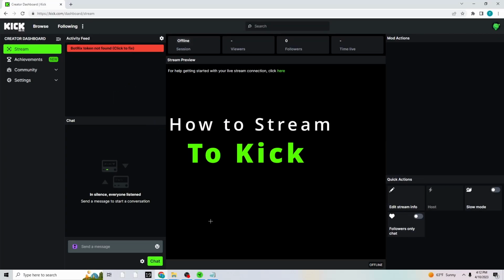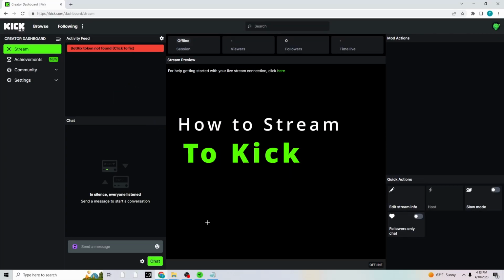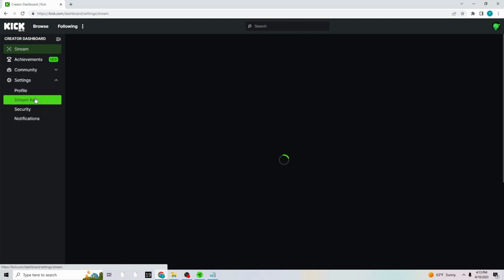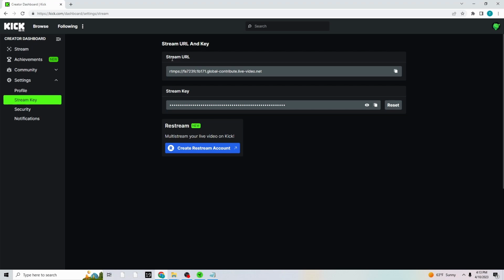In today's video, I'll show you how to connect your OBS or Streamlabs to Kick. Once you've made your Kick account, head to the settings, go to Stream Key. From there, you're going to see your stream URL and stream key. Go ahead and copy that stream URL by hitting the two boxes on the right hand side and open up